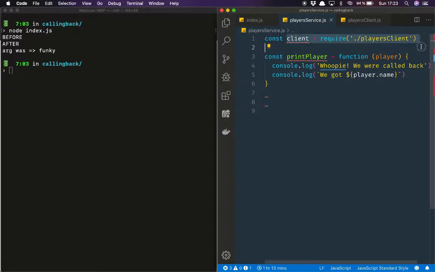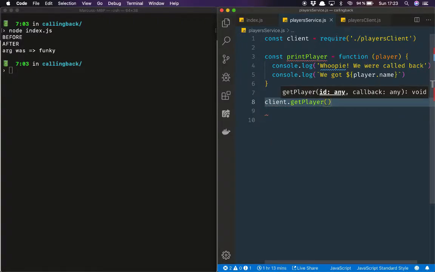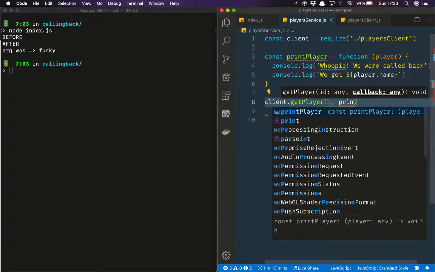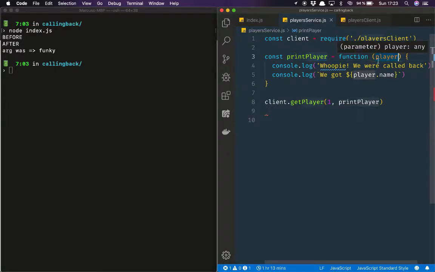So imagine that we have a client here to get players from some kind of API. And if we want to call the player's client, it has a getPlayer method. That is awesome. We can pass it an ID. I'm going to pass it the ID of 1. And then a callback function. And now I'm going to pass it the reference to this function that I've written here, which is called print player. And this function, it expects a player object back. So we will get some data back here. And then we will print a stupid little log statement. And then we will log out the